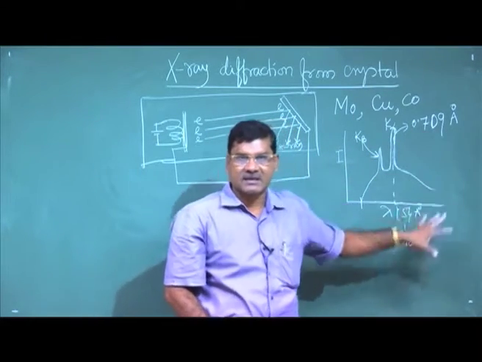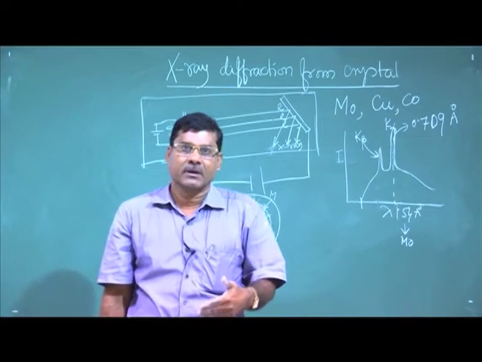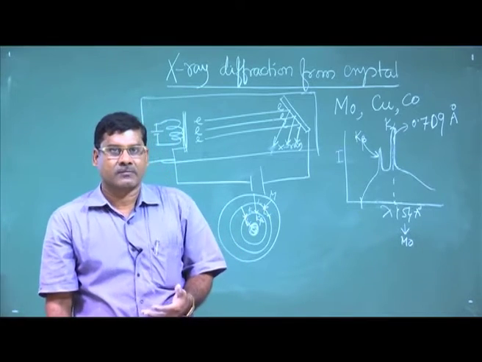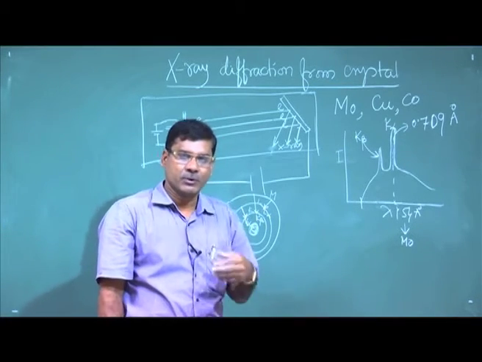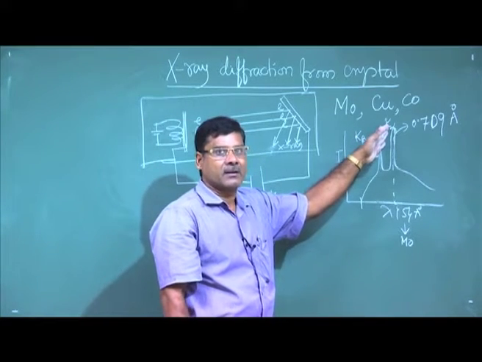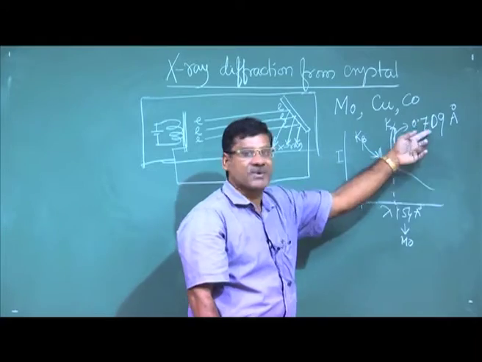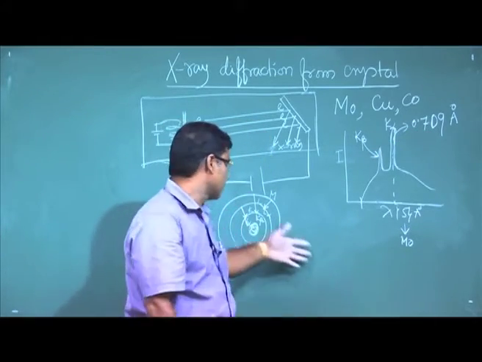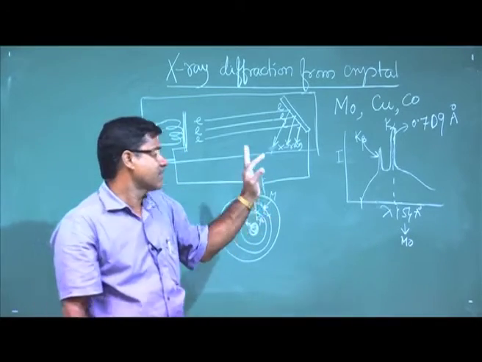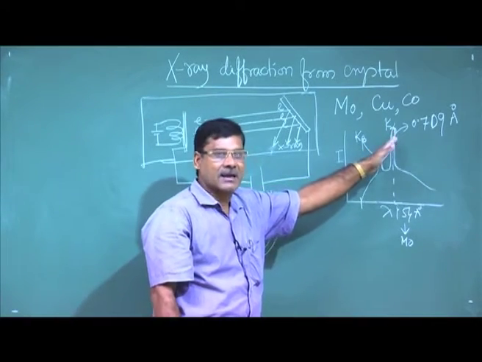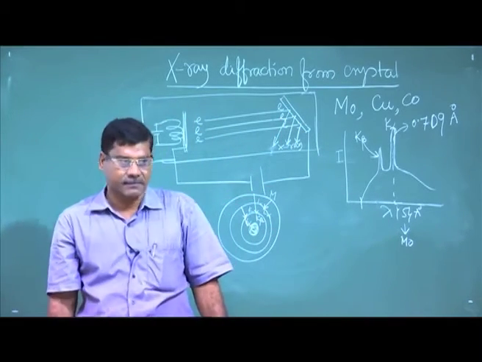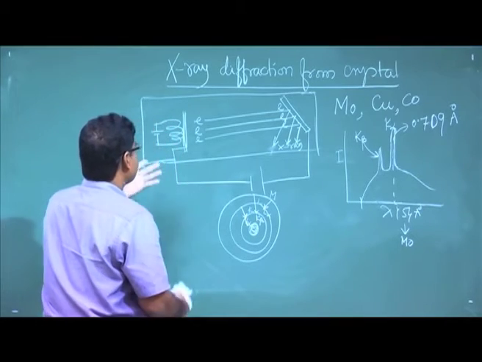So in our laboratory, whatever target we use, when we choose a particular wavelength from that target, we choose copper K alpha. That wavelength is fixed, nobody can change it, it does not depend on anything. It is the characteristic X-ray and it is fixed for that particular target. Okay. This is how X-rays are generated.